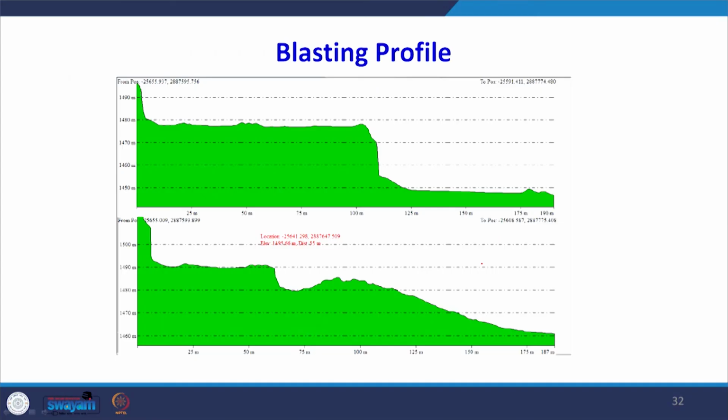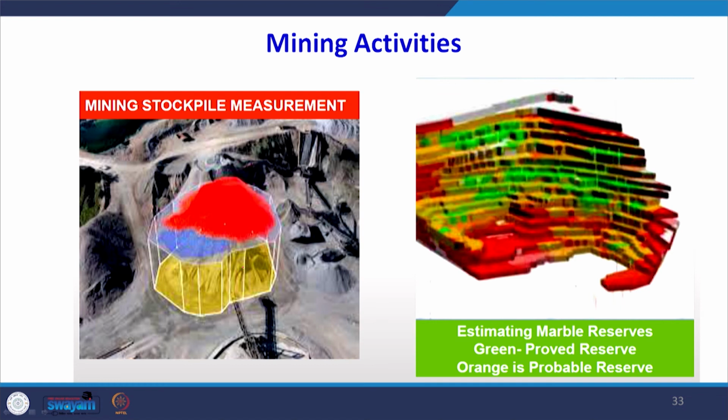So, this is a very useful technology which can even reduce the maintenance work. When you are monitoring the activities, this is a blast profile here, and it says that earlier the ground was like a horizontal line. This is the ground profile earlier, and this is the ground profile once the blast has taken place. So, everything can now be computed through the software, that is, the volume of the material which is available.